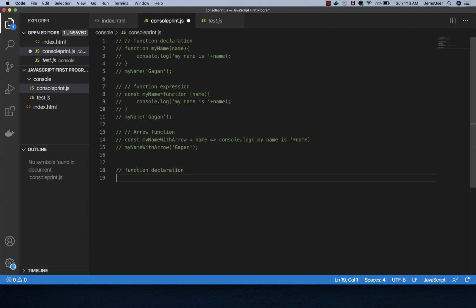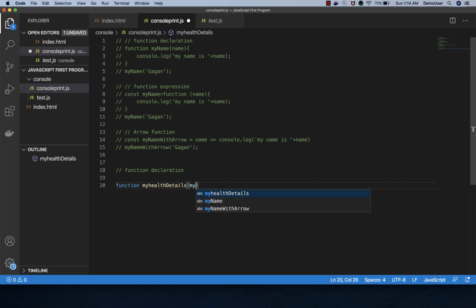declaration, and I will write a function which takes, let's say, 2 inputs, which says my health detail, and it says my height, and the other is, let's say, my weight. And now what we're trying to do is here, we are trying to add some things for this particular variable.